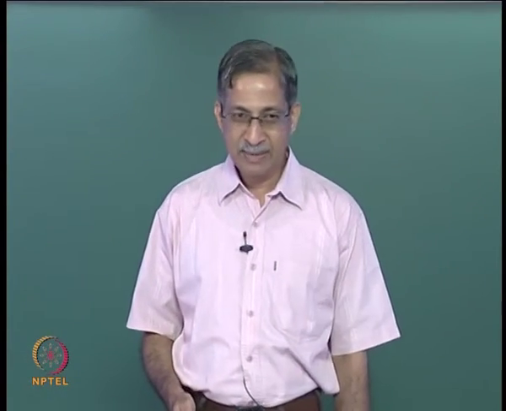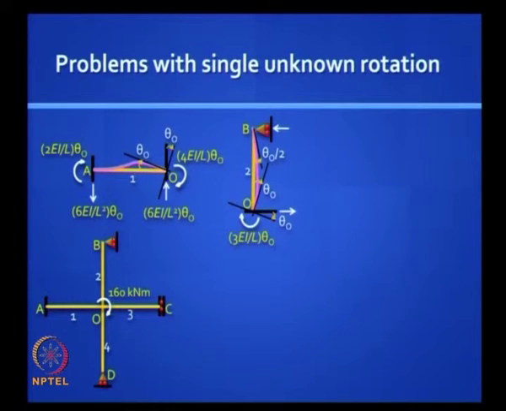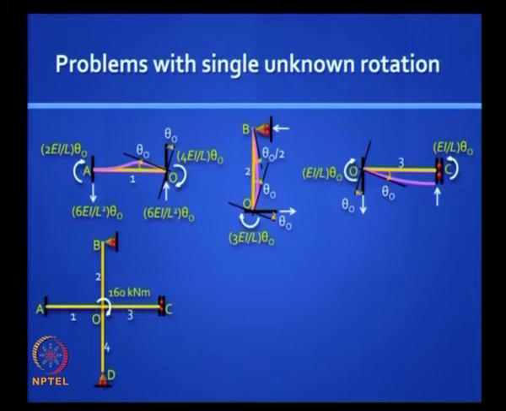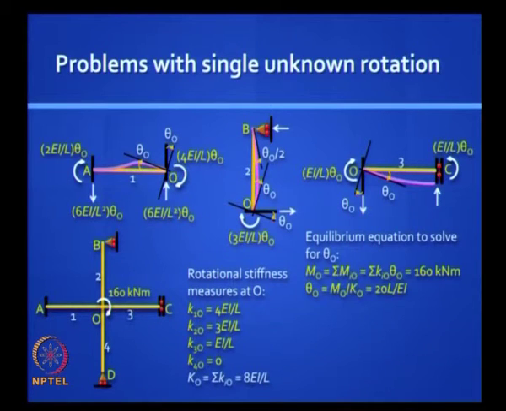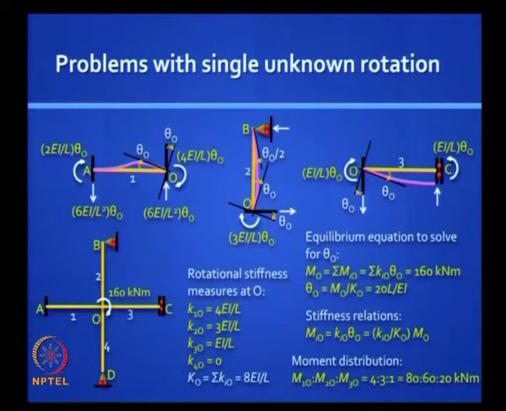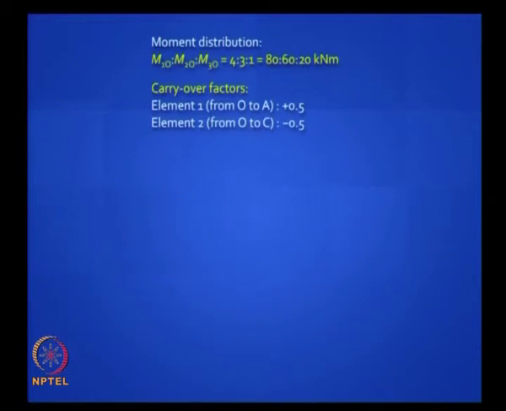Which is the tension side? Draw the deflected shape. So this is the first element, 4 EI by L. This is the second element, 3 EI by L. This is the third element, EI by L. And the fourth is not worth drawing, it's a straight line. These are the stiffnesses. This is the 160 kilonewton. Total stiffness adds up to 8 EI by L, and the ratio is 4:3:1. By the way, this is moment distribution. You are distributing that 160 to the 4 elements in that ratio, 4:3:1:0. You correctly said 80:60:20.